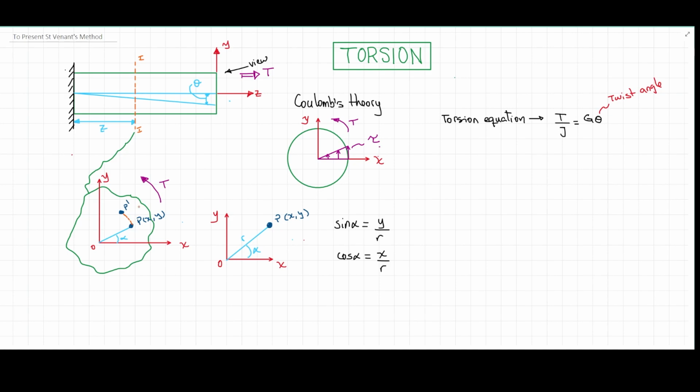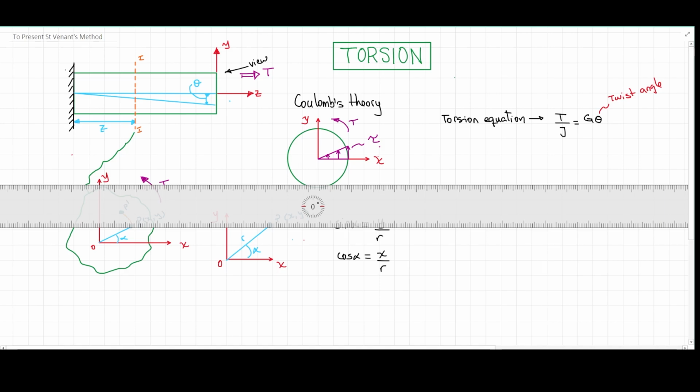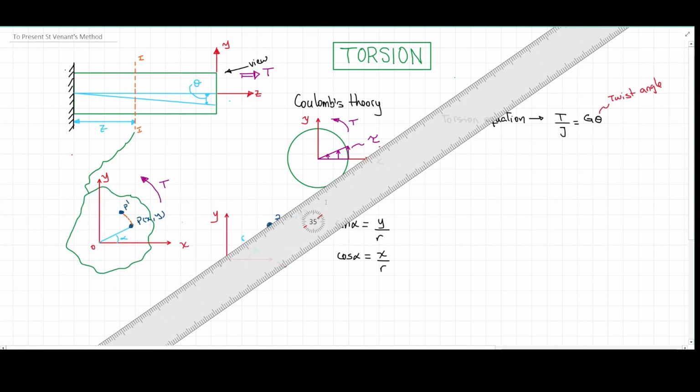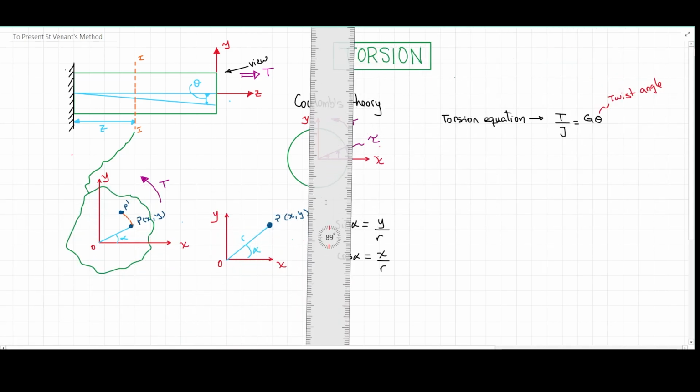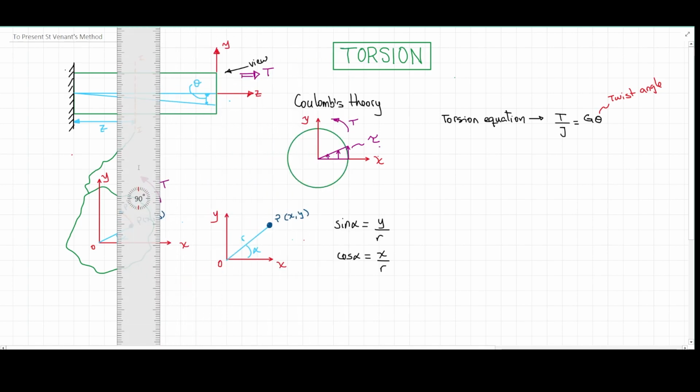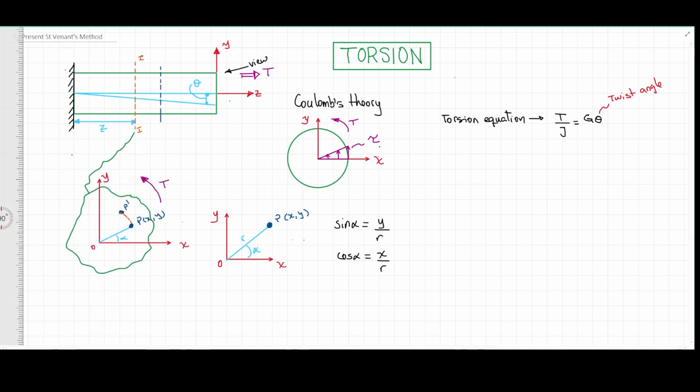First, you're going to have the twist of the section. So each section that you're going to have in here is going to twist. Let me see if I can just draw a couple of sections. And that twist is going to correspond to that twist angle there. So each section is going to twist. Let's put it at CC. And for example, the twist angle in the I section is going to be smaller than, for example, in the CC section, and so forth,